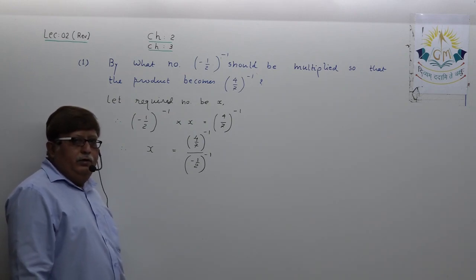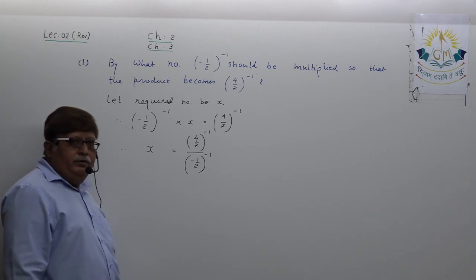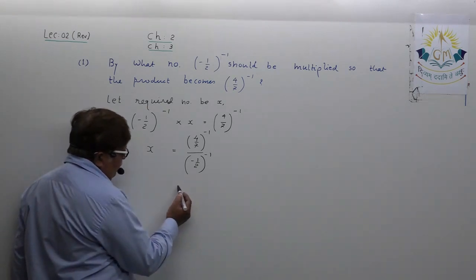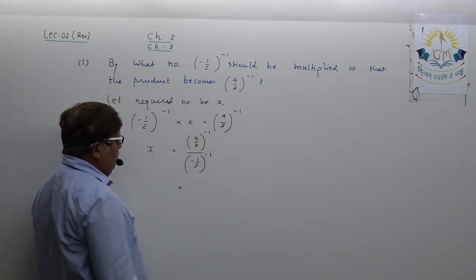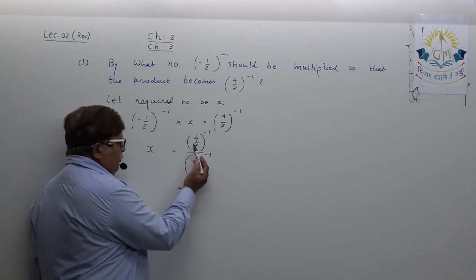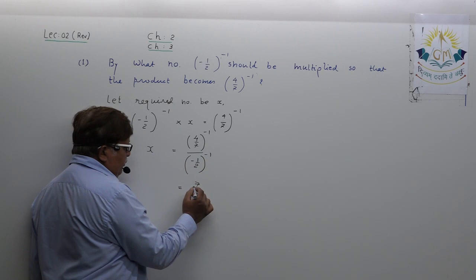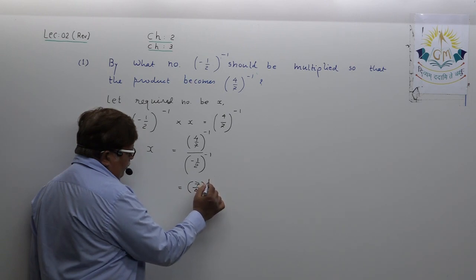Next step will be simply solving the exponent. For evaluation you know the rule, you have to make the power positive, and for that purpose reciprocalize the base: 7 upon 4 raised to the power 1